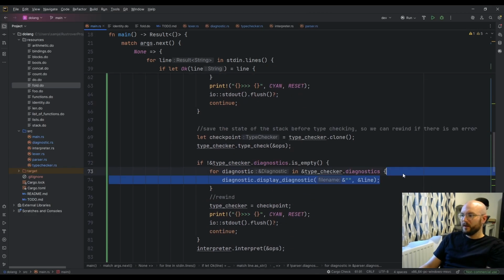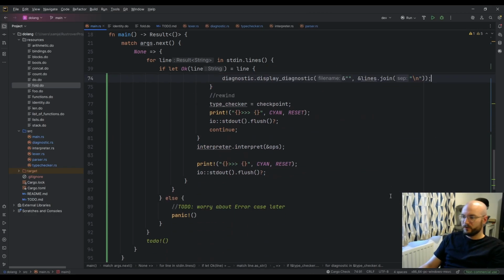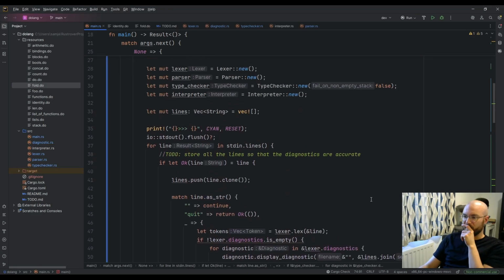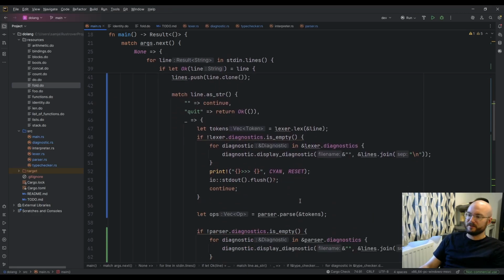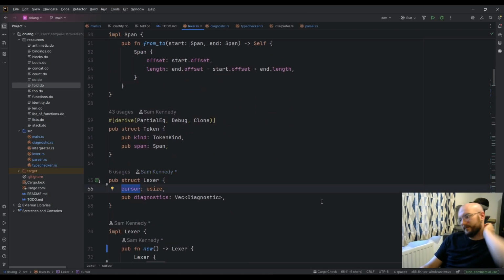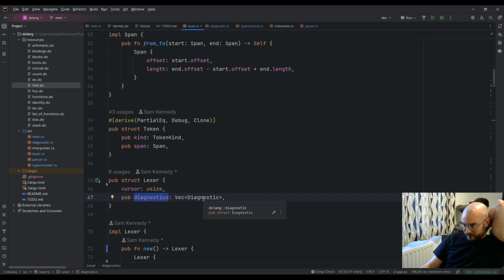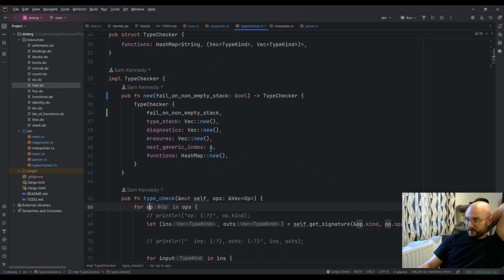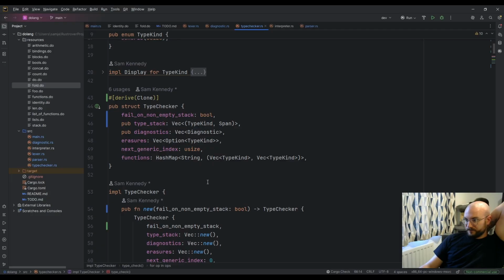That should be it. But I have also just thought of something now, which is the lexer and the parser. They both have a cursor. And also the diagnostics, they don't go away. And it's the same for the type checker. I mean, the type checker we just nuke every time anyway.